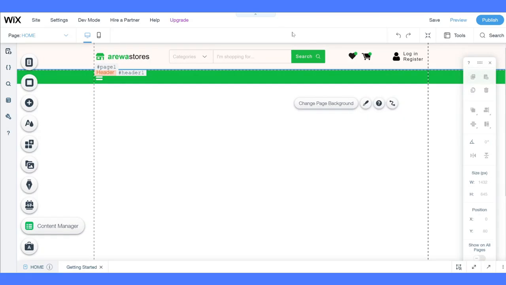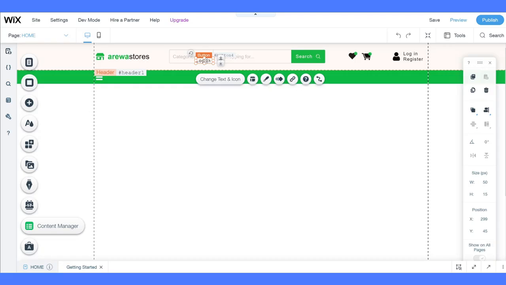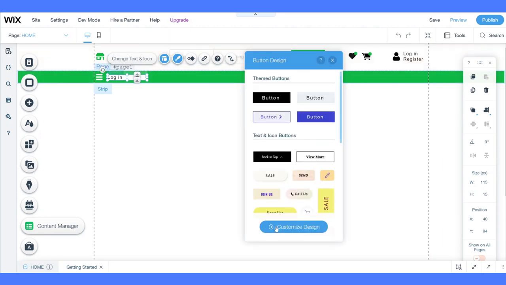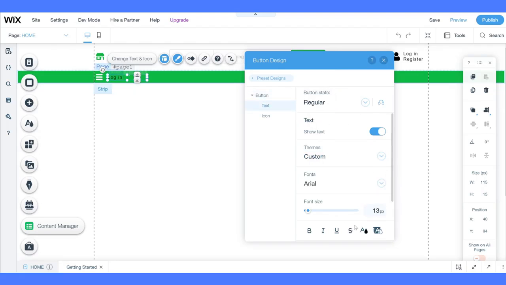Now, next icon we are going to create is going to be the all categories icon. I'll just duplicate this and place it here. Now we need to redesign it because the background is white, so I need to make a background of 0 transparency. Change the text color to white,